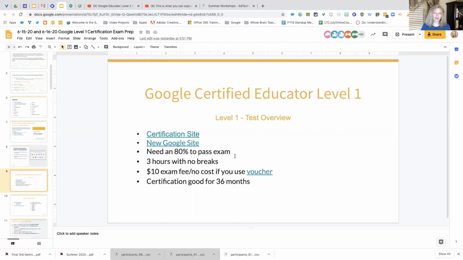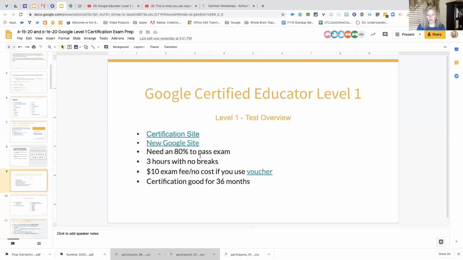What Google is doing, they are changing their testing platform. Right now, Criterion is the test administrator, and they're changing it over to ProctorU. So again, with change, there's some new things and glitches in there. What I have found, I have had some people take the exam in ProctorU. Majority of the people are trying to get the exam taken before June 30th while it's still under the Criterion testing platform. But if you can take it, whether it's here before June 30th or after,